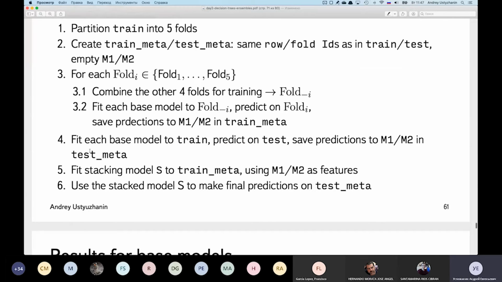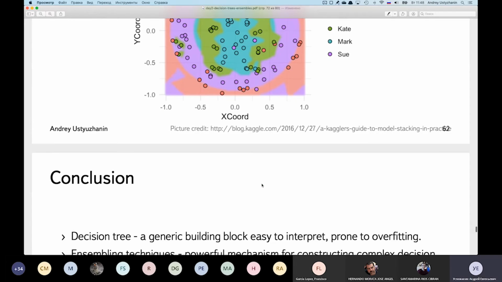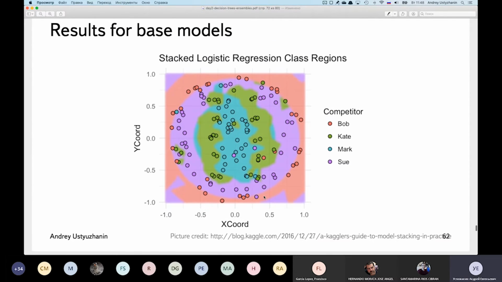And then we train a model on this metadata set. So basically, we build something that needs to predict the ground truth given the output of the previous algorithms. And following this procedure, you get much nicer results. I think there should be a number as well. I don't know, where is it missing? So the accuracy